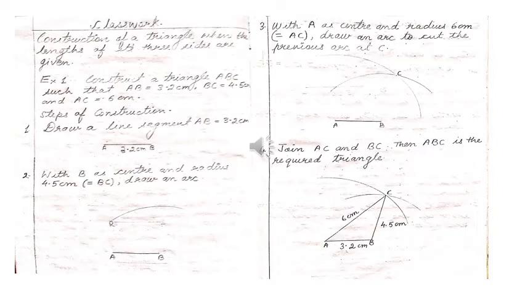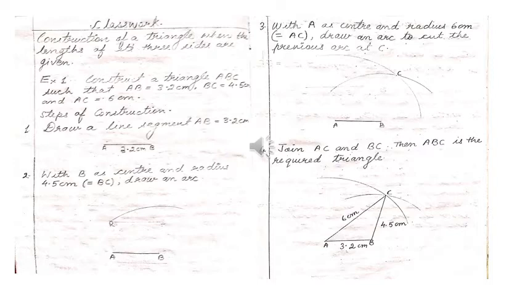Draw a line segment AB equal to 3.2 centimeter as you can see on your screen. Second, draw B as a center and a radius 4.5 centimeter, that is BC, and draw an arc. Now from point B, try to measure it with the help of the compass. One side is the pointer, so fix it and extend your pencil to the ruler and mark it on 4.5, and then from there try to put your pointer on B point and make an arc